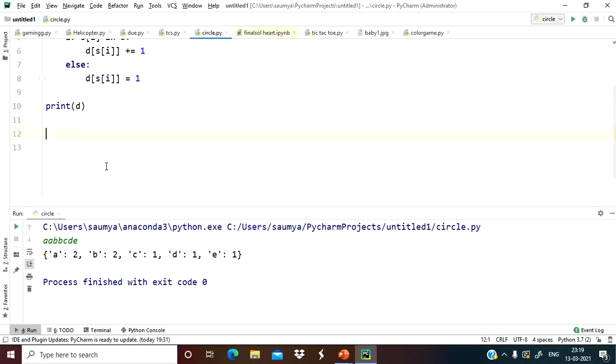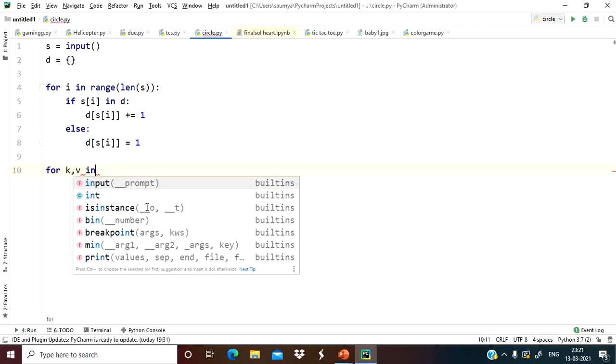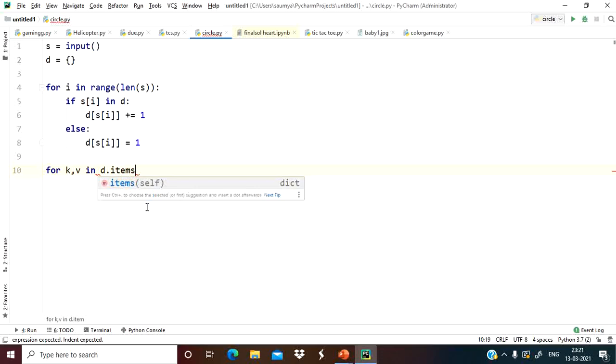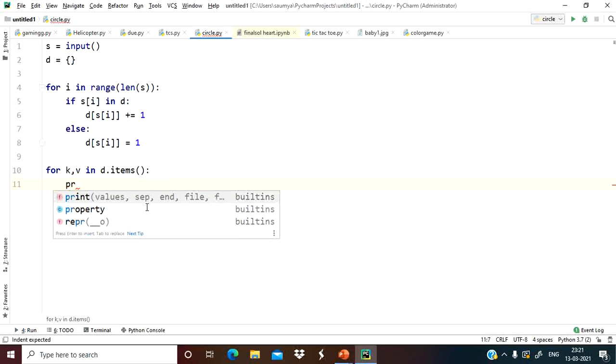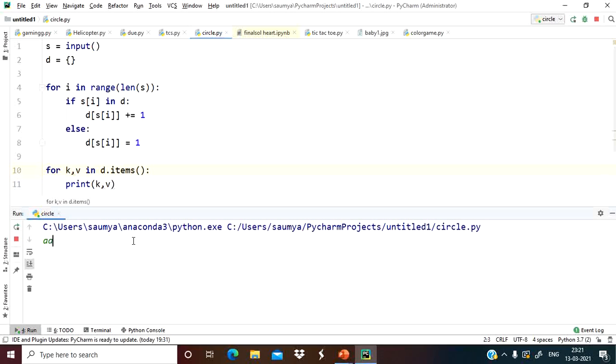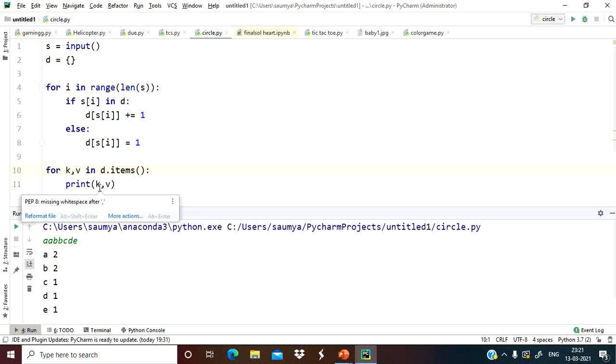Now we will simply run a loop for k, v in d.items(). Next we will print k, v, right? So let's run the loop. Okay, so this is how we are getting the things.